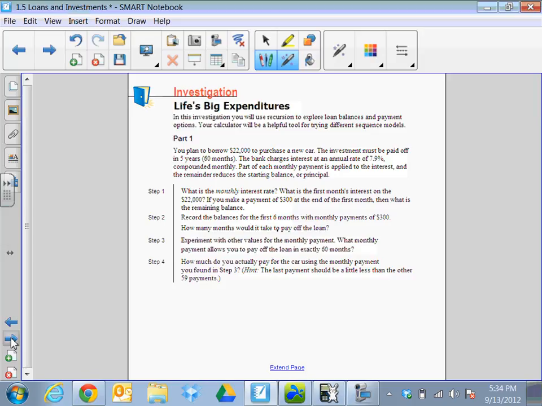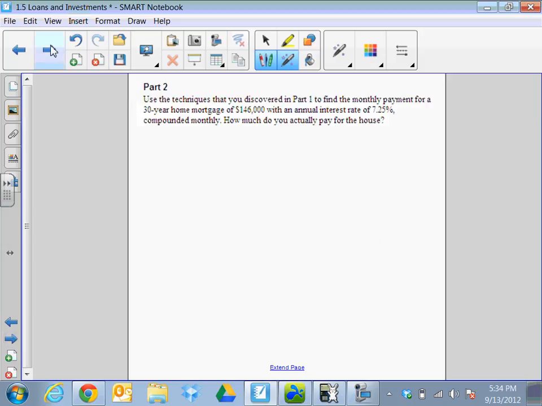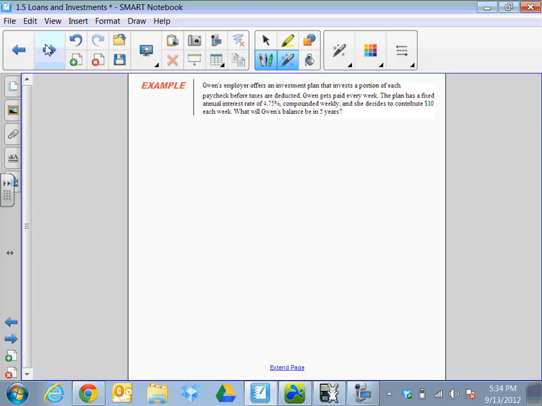So let's see how that works when we go over here to the second page and talk about this investigation. Actually, let's come back to the investigation in another video. Let's jump all the way over to this example with Gwen's employer right here. This example says Gwen's employer offers an investment plan that invests a portion of each paycheck before taxes are deducted. Gwen gets paid every week. The plan has a fixed annual interest rate of 4.75, so that tells us that the rate is